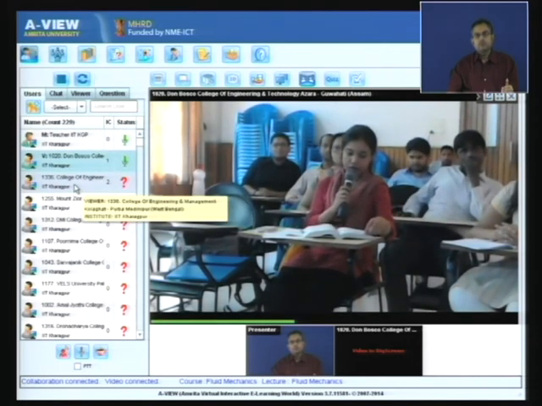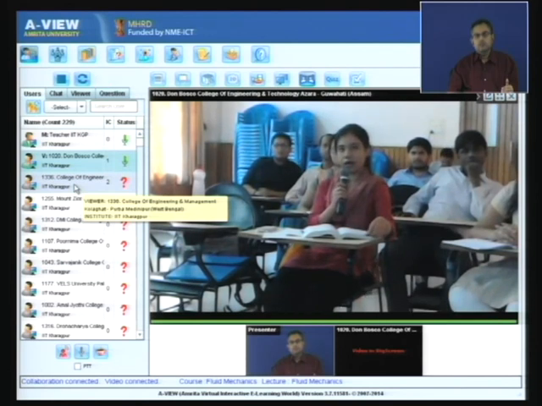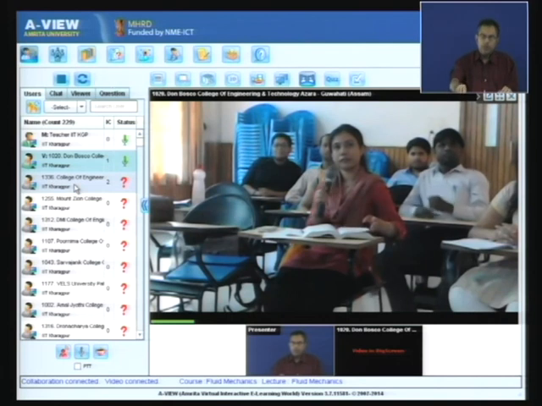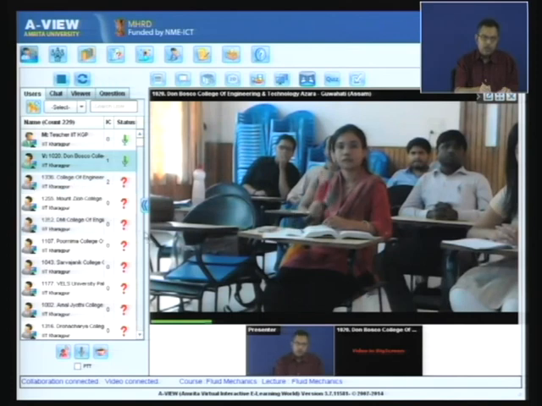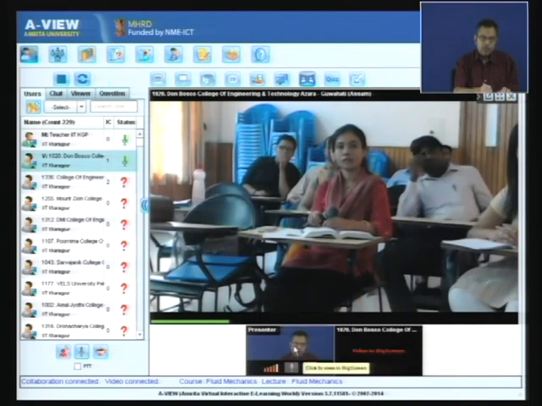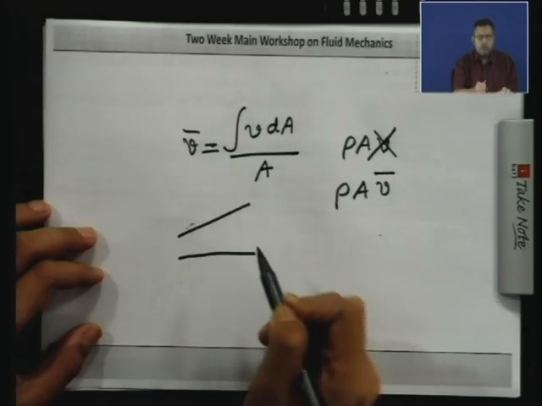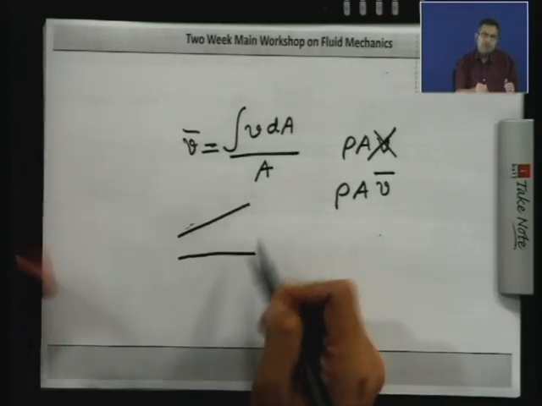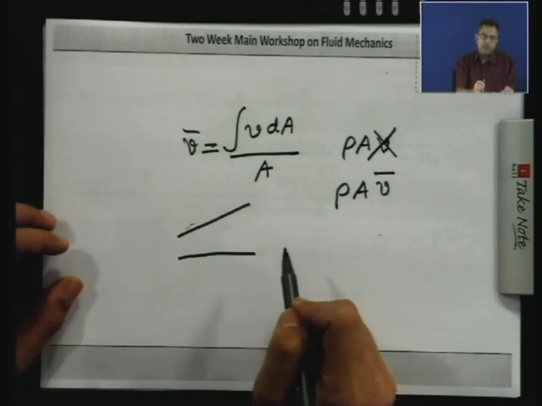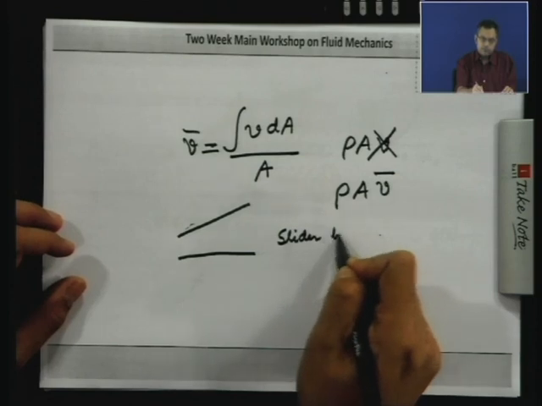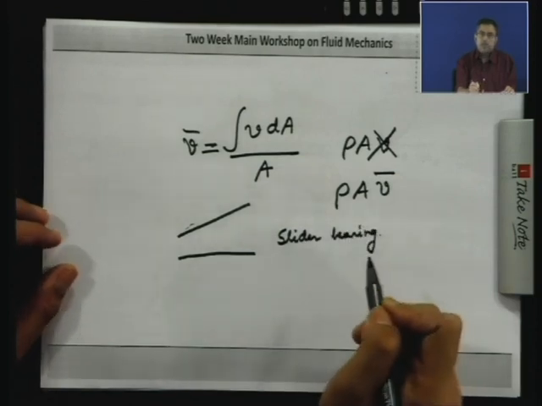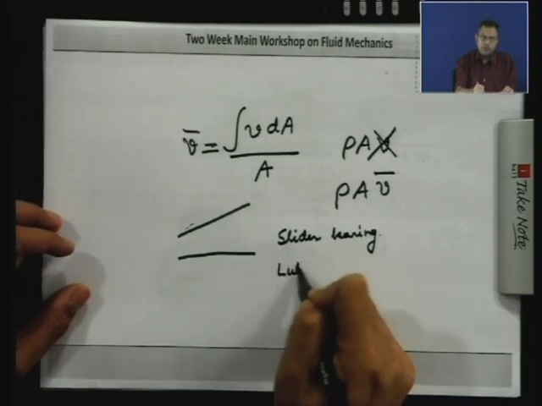Sir, my question is, what is the approach of analyzing the flow between two plates which are inclined at some angle to each other? Okay. First of all, it will no more be parallel flow. This kind of application is there when the angle of inclination between the two plates, of course restricted within a certain limit, is small, and this is there in slider bearing. With certain approximations known as lubrication approximations,